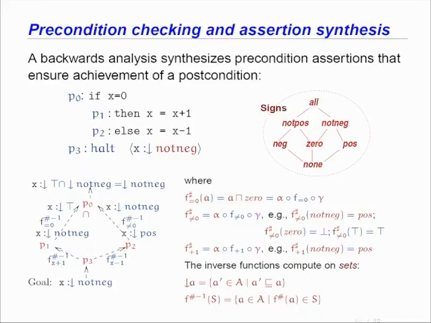Now, if I'm going to use inverse image functions, I'm going to actually start working with sets of properties, not just pos or non-neg. I'll be able to work with things like non-neg or non-pos, things like that. And that's going to become important in a bit. But anyway, pushing this backwards, using all this technical stuff, which can be, of course, automated,